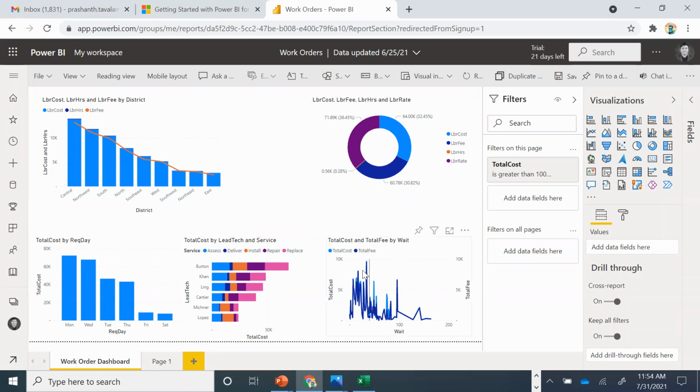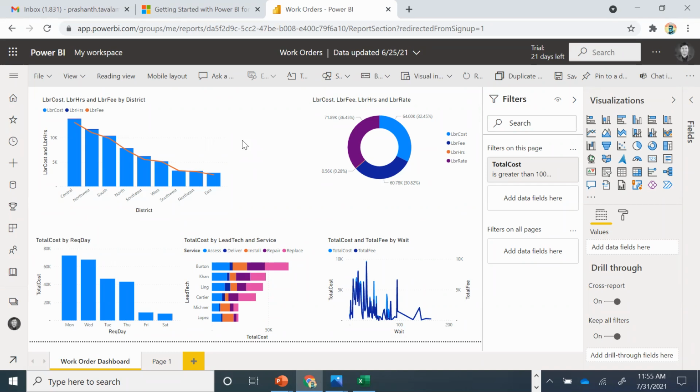So like that, you will also see there's total cost and total fee. You will see that the wait time is, again, not telling a great story. The more the wait time, it's not even increasing the cost or something. Sometimes you may want to drop some of the graphs. So why I am showing this wide variety of visual representation is so you know what are the different kinds of graphs that you can create. Ultimately, what is the story you want to tell people? That you need to understand.